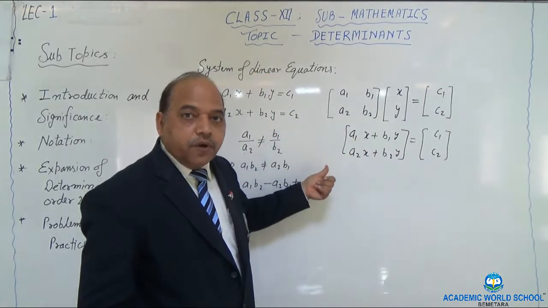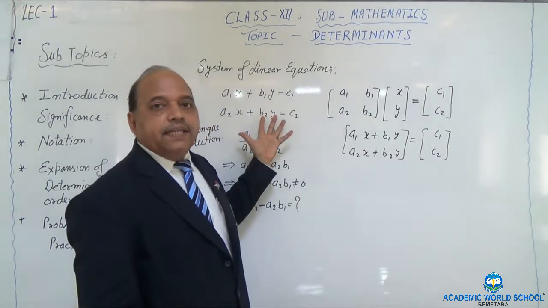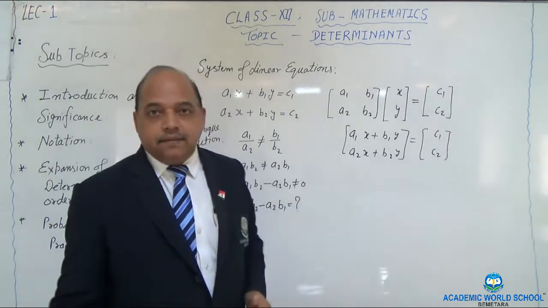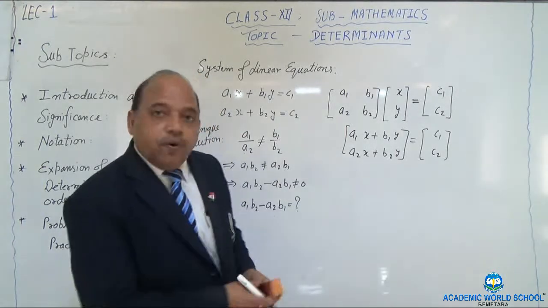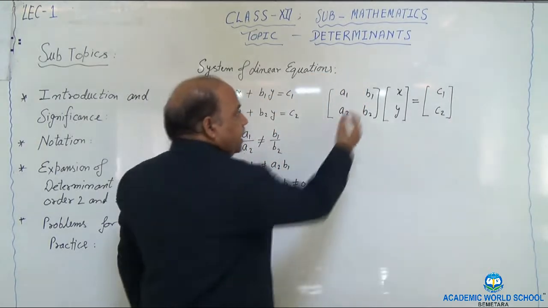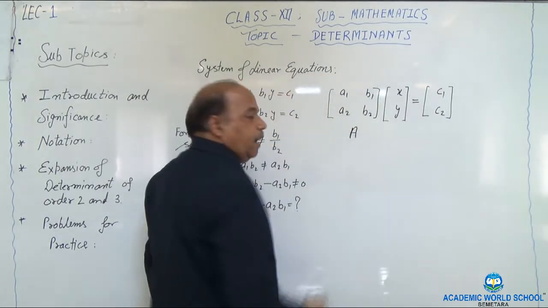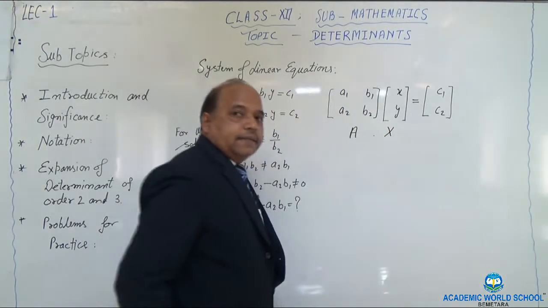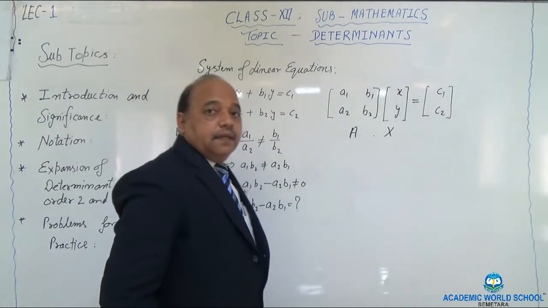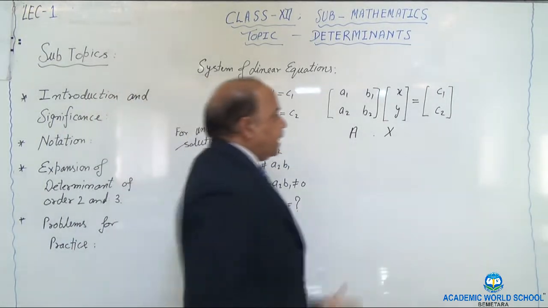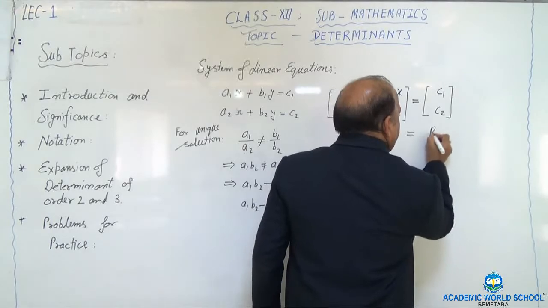I hope you got this point. So the system of linear equations can be expressed in the form of matrices. This is what I wanted to explain over here. Now after writing in this form, let's say this is my matrix A, capital A. This is your variable matrix, let's say it is capital X. And over here this is a scalar matrix because these two are scalars. So we can write, let's say this is equal to B.